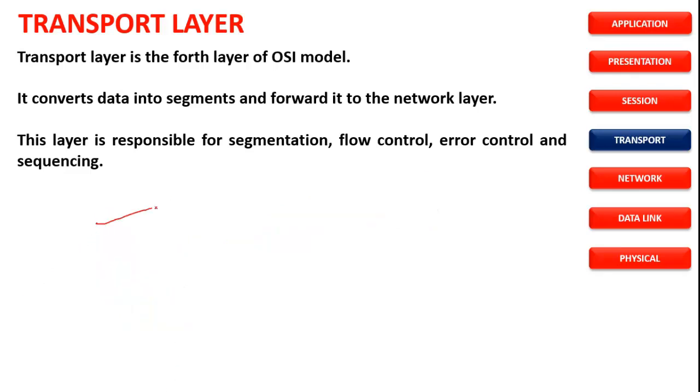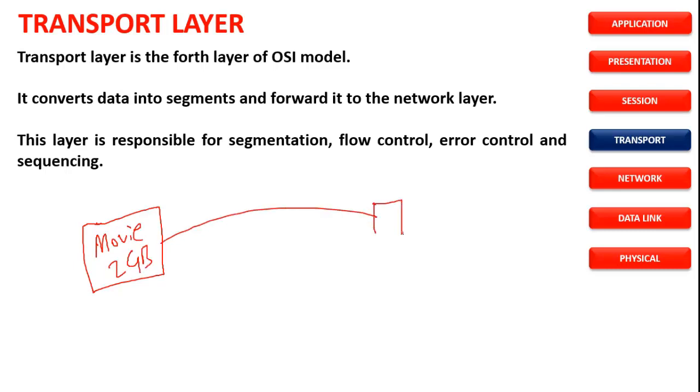For example, let's take another example. This is a server. I have a movie, 2 GB, and here I have a user. So what the presentation layer does is divide this data into multiple segments, meaning small parts. For example, it is going to divide the data into hundreds of files of 10 MB, 10 MB, 10 MB, 10 MB, like that. It is going to divide all of the files into multiple segments